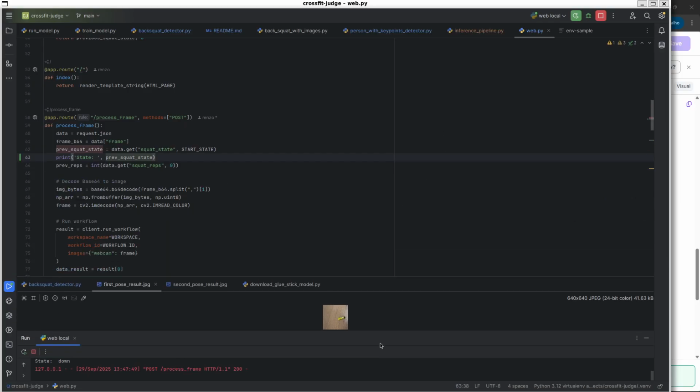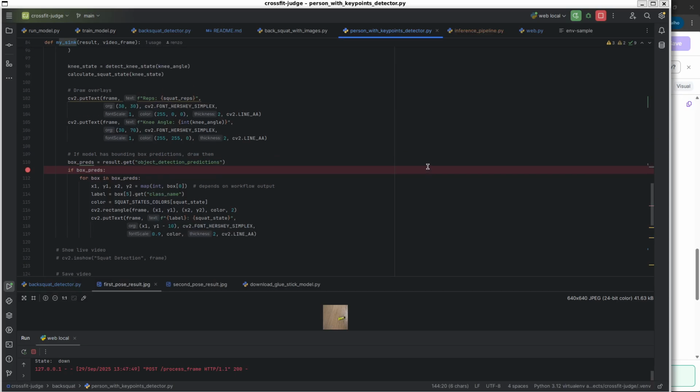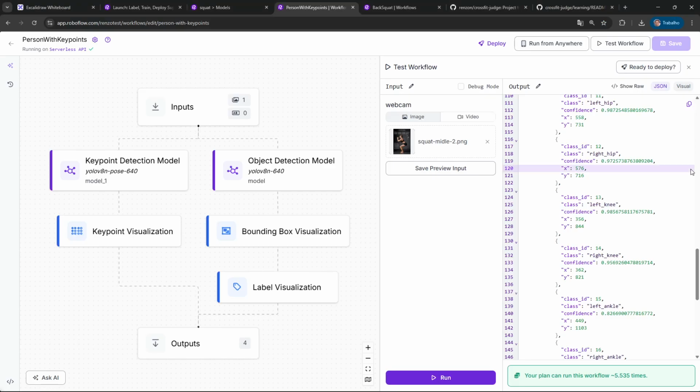So let's see the person key point detector. Right now, what I wanted on this, let's check the code. I'm going to show you right now. What I wanted to see was a video, right? A person. In the beginning, I was thinking about recording a video with the exercise being classified, and making another video with the classification of those exercises.